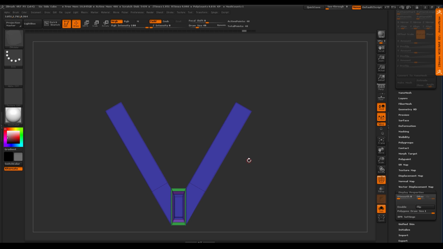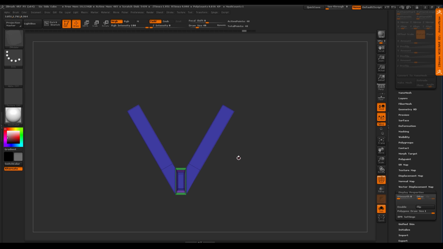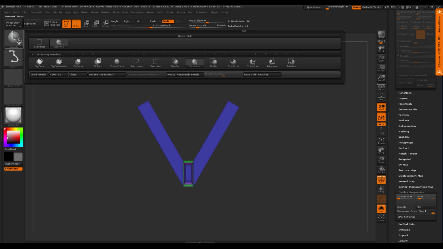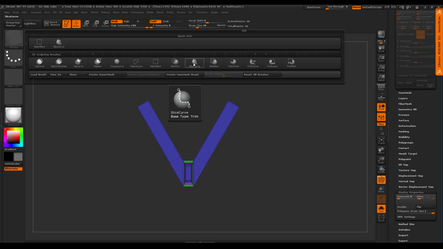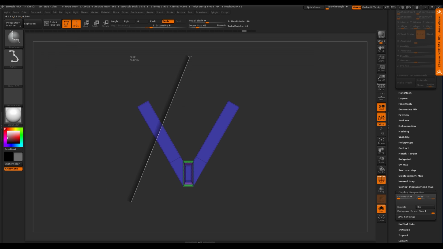Can you do the slice one too, just really quick, on how you can just create topology with slice? Like you just use the slice brush and cut a new loop through there. Absolutely. The thing about the slice brush, when you start using this, is that when you're holding down the Control and Shift keys, that's how we get to these other brushes up here. So I'm holding down Control Shift, and this is where you get your selection brushes, clipping brushes, and here's the slice curve.